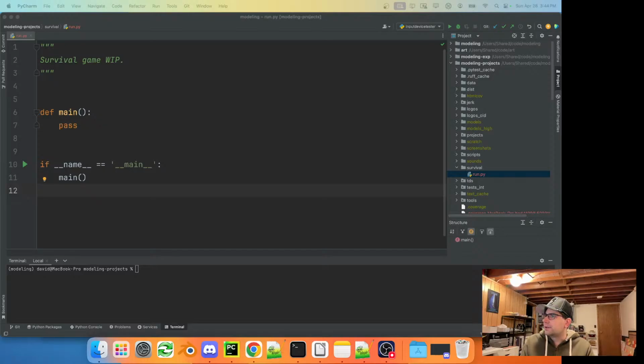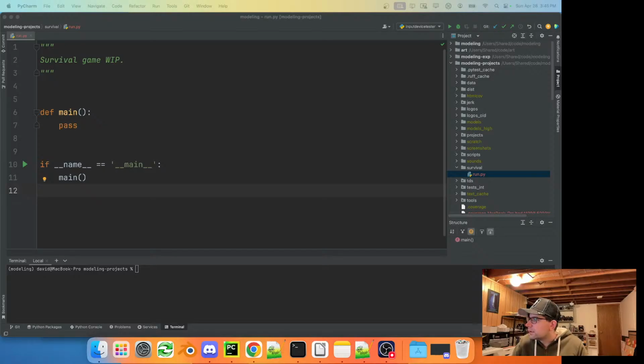I don't actually know right offhand how to print colors to the terminal, so I'm just going to look that up quick. So it looks like there are some color codes that we can use.